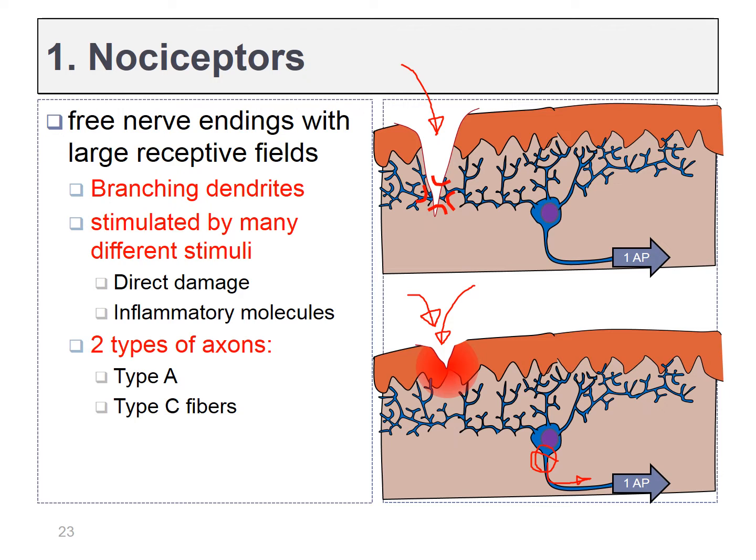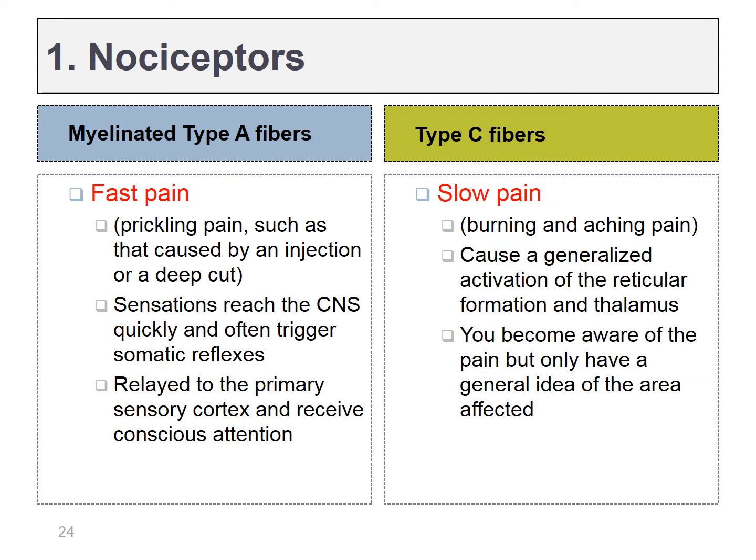We've got two different types of axons that send information to the brain. One is myelinated, and the other is not. So some pain signals will reach the brain faster than others. The type A fibers are myelinated, so we call this fast pain, and it'll reach the brain very quickly. This is often prickling or poking or stabbing pain. On the other hand, the type C fibers, of which there are quite a few, this is slow, dull, and